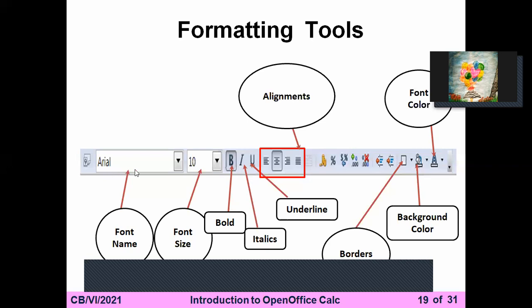Everyone has to remember the symbols of all the formatting tools. This is for the font name, font size, bold, italics, underline, alignment, borders, background color, font color.